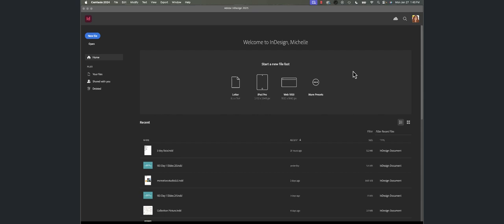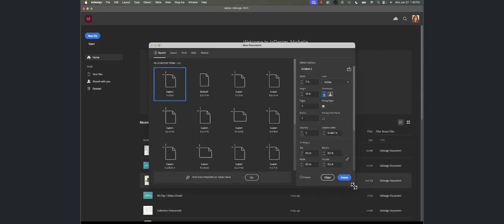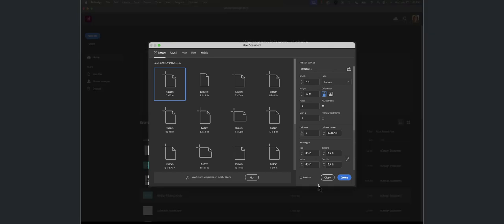Okay, so let's start from the very beginning when you open a file in InDesign. You can either open a file that's on your desktop or wherever you've saved it, or you can create a new file just like the other documents. So let's open a new file, and you're going to see this panel with all this stuff on it, but